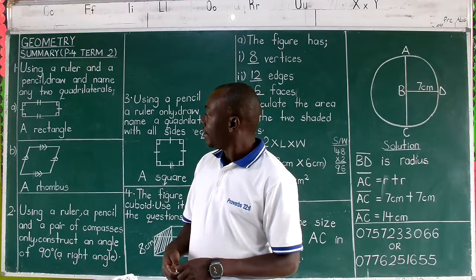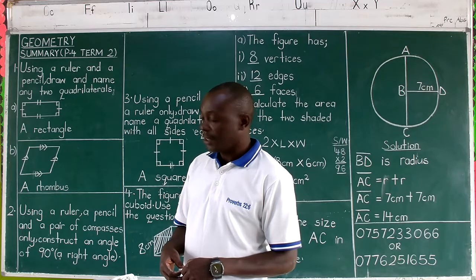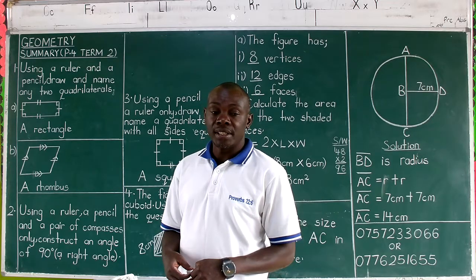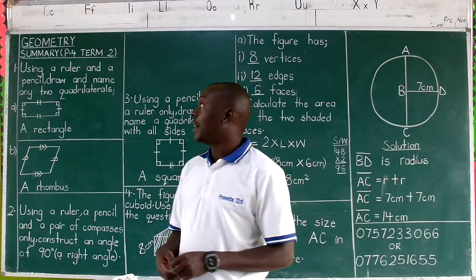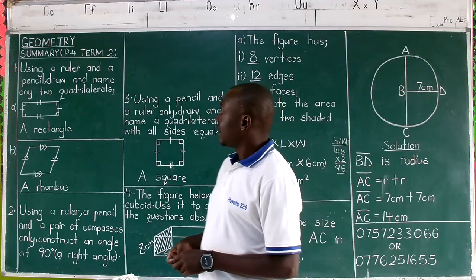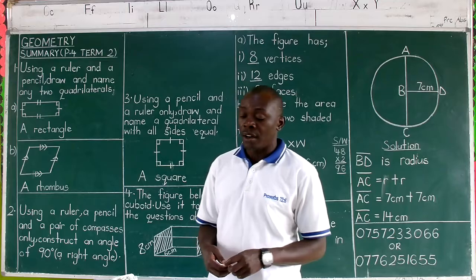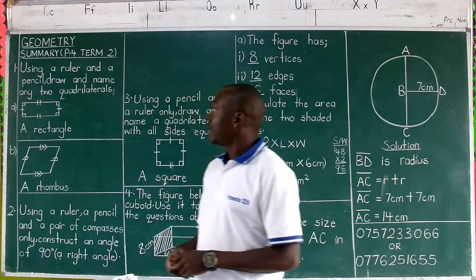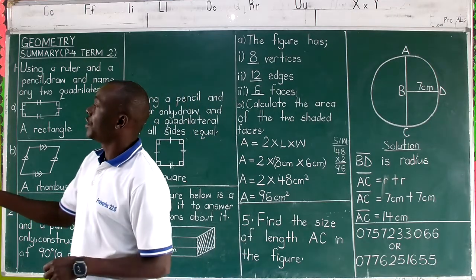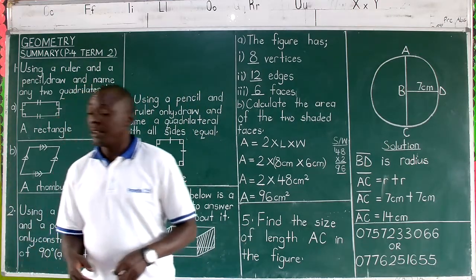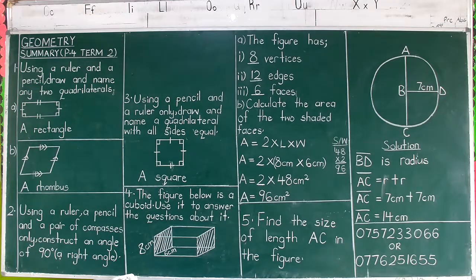It involves some numbers that you've ever looked at, and some are brought in that assessment without necessarily being talked about in the notes. That's why I've come back with a summary of geometry. Ensure you are at the same pages, 59 all the way to 66 of our workbook term 2, so that we summarize this geometry together. You are required to have a geometry set so that the practical geometry is also respected in this lesson.